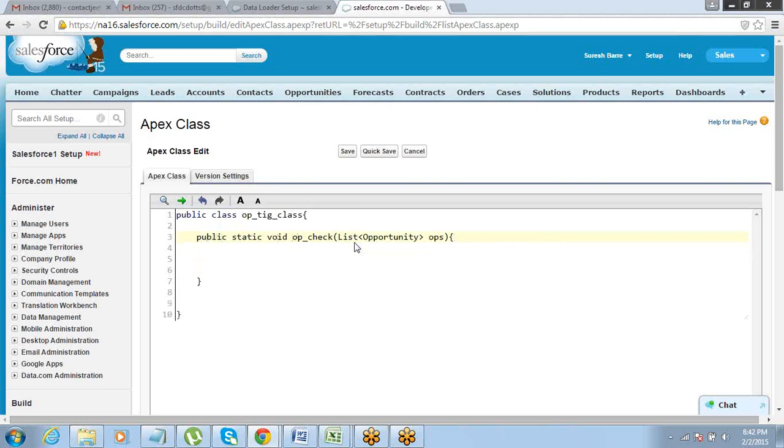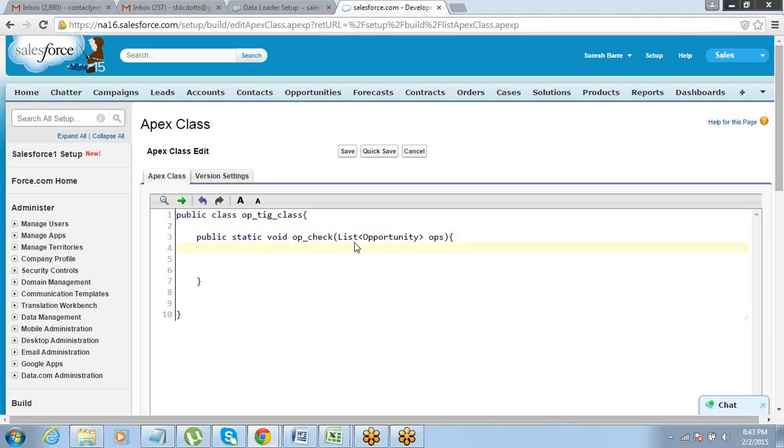Whenever you put a parameter with a method, whenever you want that method to be executed, that parameter value needs to be supplied. Got it? So whenever this method is called for execution, we have to supply the value for this parameter. That is the concept of a parameter.